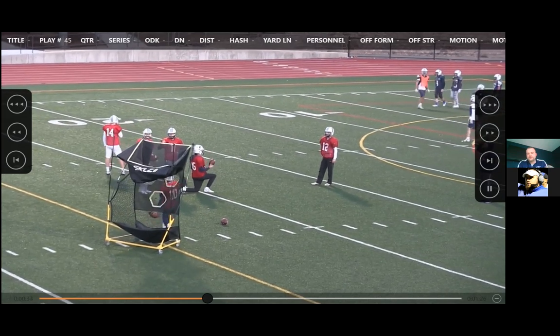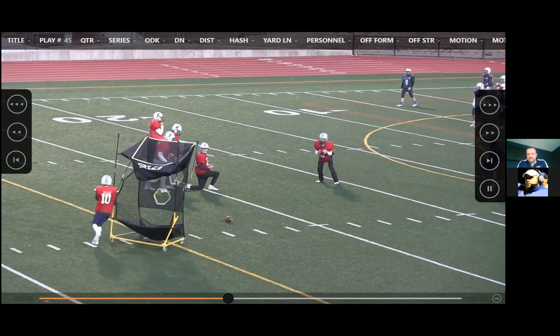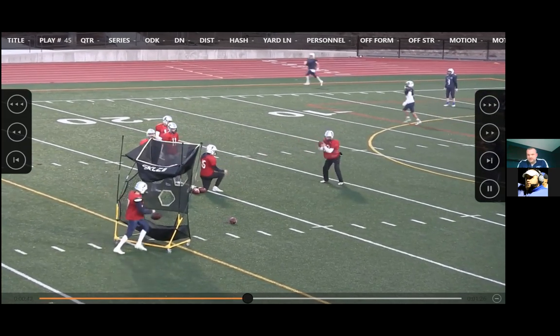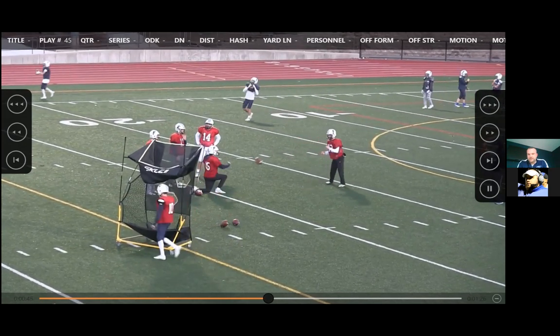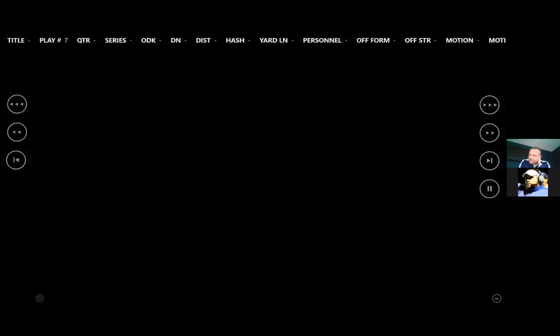So it forces you to sort of pick a shoulder and put the football there. And we can really identify, are you accurate with the football? And again, this is just during a special teams period. Nothing too crazy, but we're not going to waste any time in our practice, especially in high school where some of these guys have to get some defensive reps.